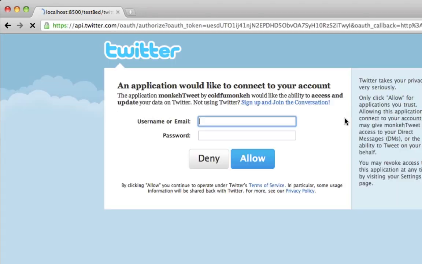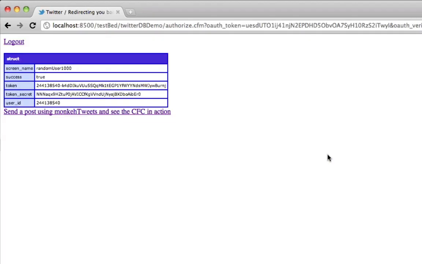So we're going to follow the authorization link which monkeyTweet has built for us using the particular callback and the OAuth token that it has received. So we're actually going to log in as this particular user, and we're going to allow the application to work on our behalf, and we've been redirected back to our Twitter